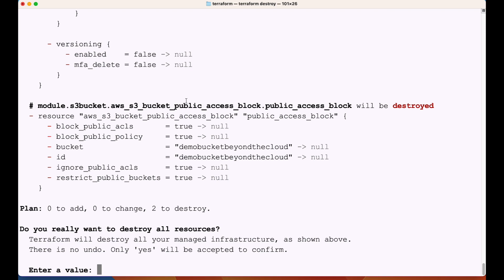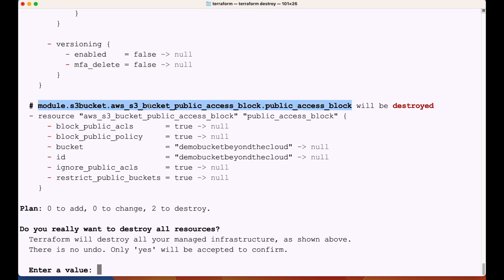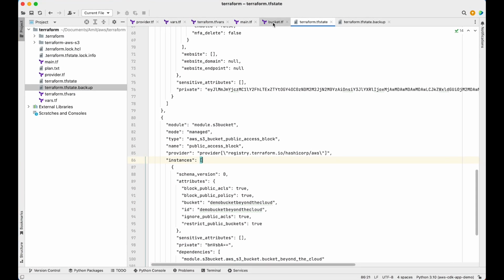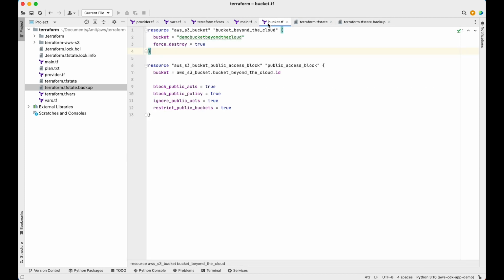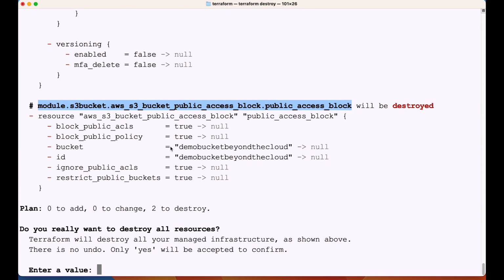We see two things. One is the module S3 bucket, which is an AWS S3 bucket. It will be destroyed. And one more thing is the public access block, this one is also destroyed. If we go back to our resources in the module section, bucket, we see that we have created two resources and these two resources will be destroyed. If everything is fine, it will show the gist of the plan here: 0 to add, 0 to change, and 2 to destroy. If we see this and give yes,